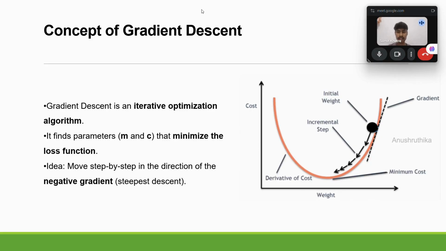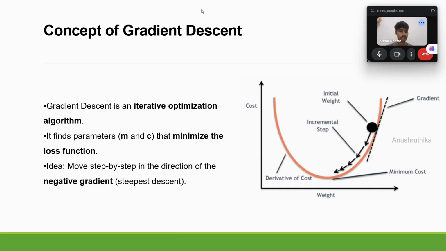Gradient descent is an iterative optimization algorithm. It is an algorithm of optimization. What does it do exactly? It finds the parameters, m meaning slope and c meaning intercept, that give the minimum loss function. The idea behind gradient descent is to move step by step in the direction of the negative gradient, that